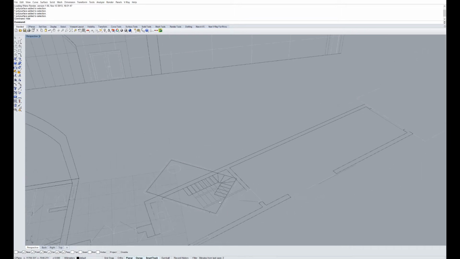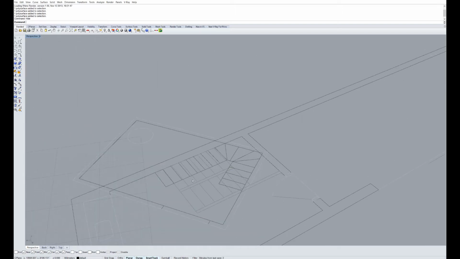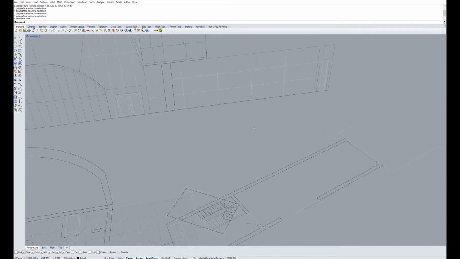And the first thing that we need to do is figure out the height of each riser. So the way we're going to do that is, first we're going to count how many steps there are. So there's 17 steps, and now I'm going to measure the distance from where the stair starts. I'm going to assume it starts from the ground floor to the first level floor, which I'm assuming is this line here. So the distance here is